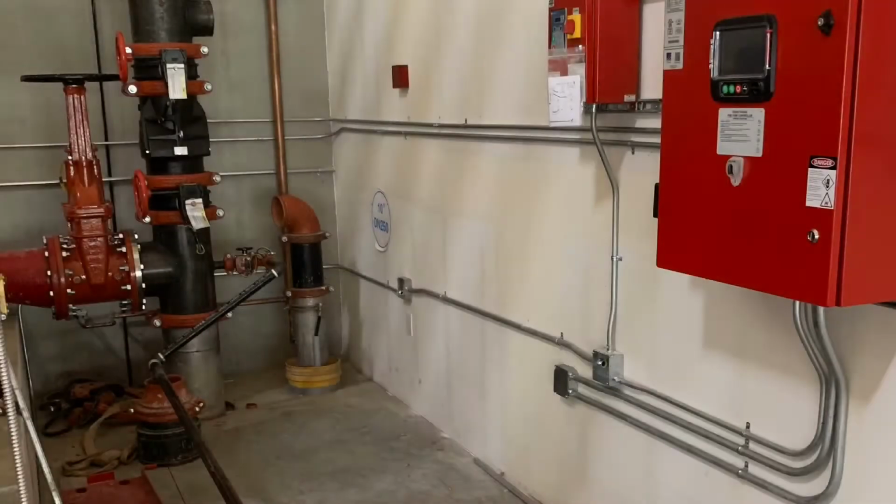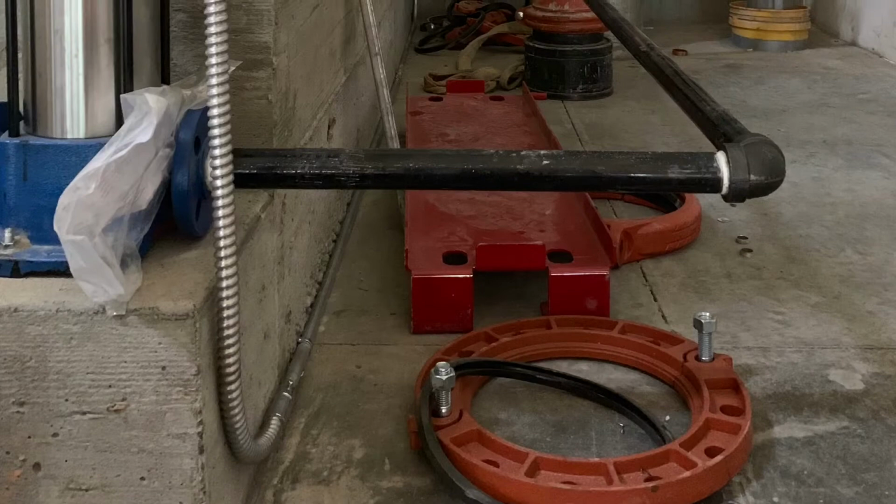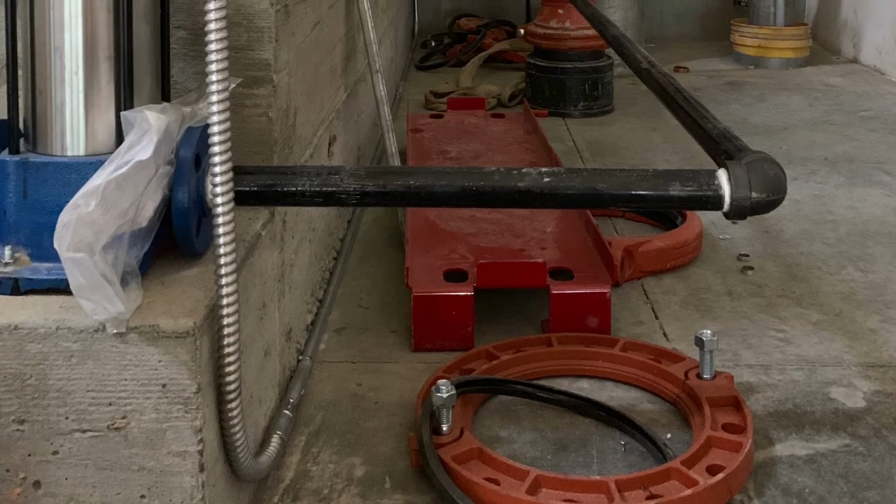In the first picture right here, as you can see, I bent this one pipe in between the two boxes from yesterday, and then I strapped the pipes from yesterday that were not strapped, the three coming out of that giant red box. And then, after I got the first pipe bent, I did the second pipe right here, and that wraps around